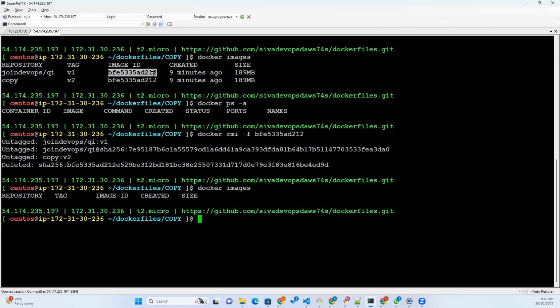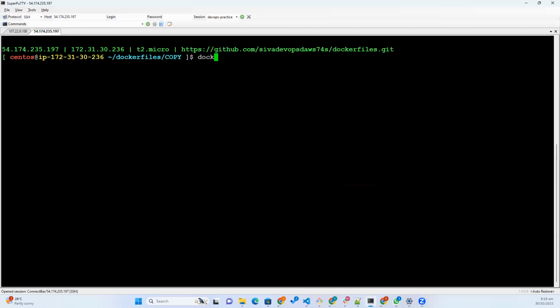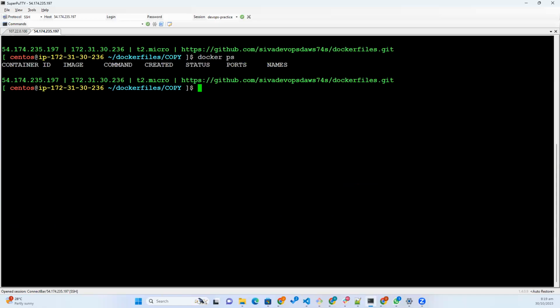Docker images. I don't have any images. I don't have any containers. I am logged out also from Docker. Now, if I run this command,